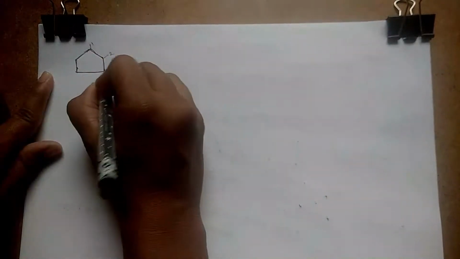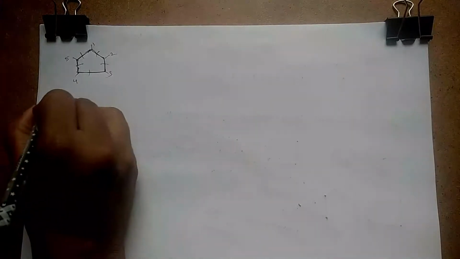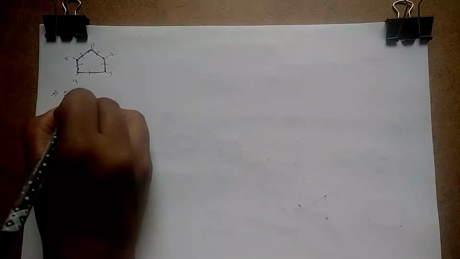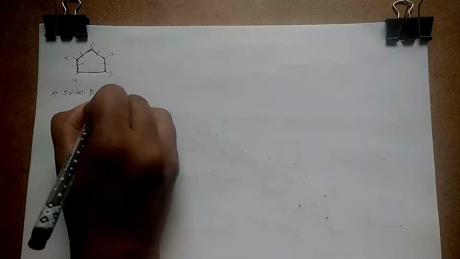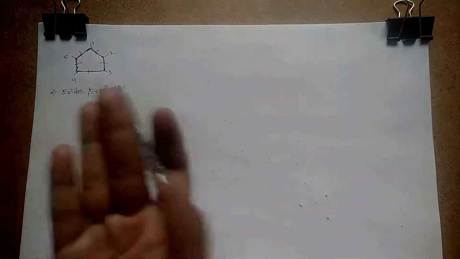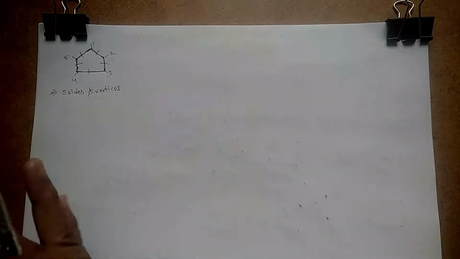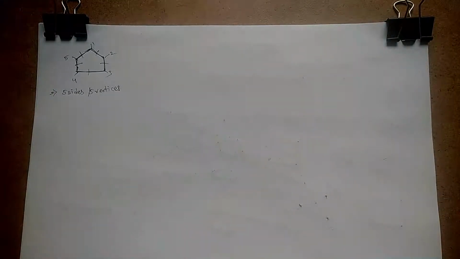If you take the example of a pentagon for the representation of vertices and diagonals, it is called a pentagon because there are 1, 2, 3, 4 as well as 5 sides. If you see here, there is 1 vertex, 2, 3, 4 and 5, and 1 side, 2, 3, 4, 5 sides. So in a pentagon we have 5 sides and 5 vertices. Similarly, all n-sided polygons have n sides and n vertices.